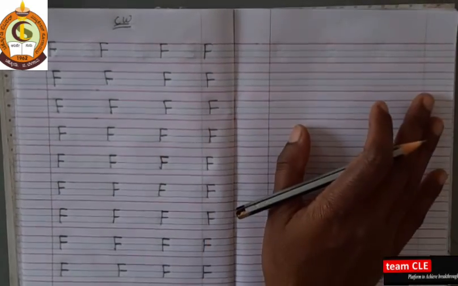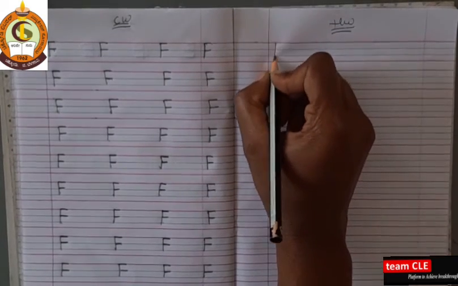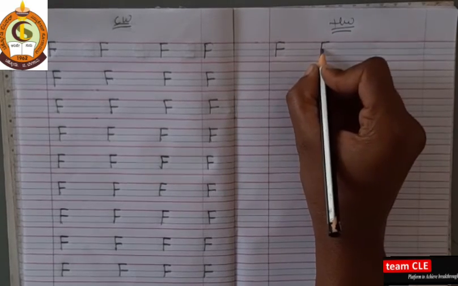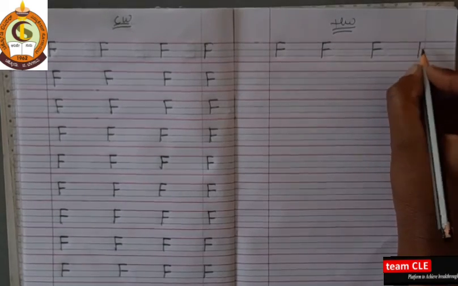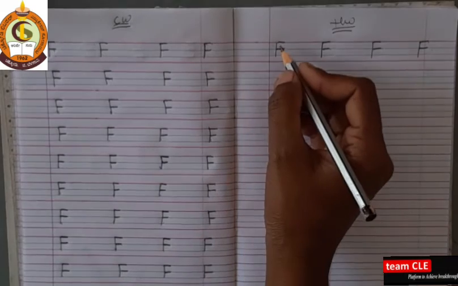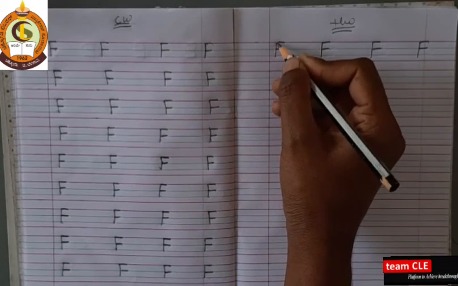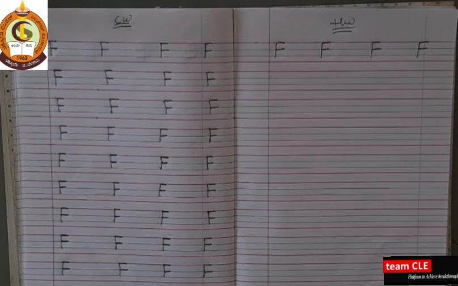Letter F, you have to copy for homework. Okay, letter F. F for flower, F for fish, F for frog, F for fan. So you have to write in the 3 lines. First to third line standing line, first line sleeping line, and second line sleeping line. So which letter? Letter F. Okay. So this is the homework.